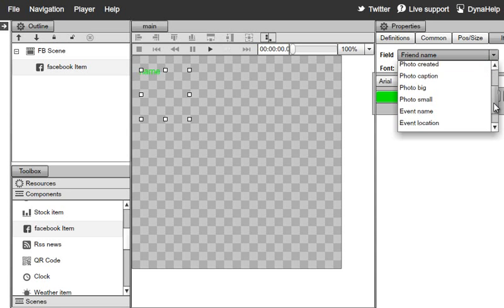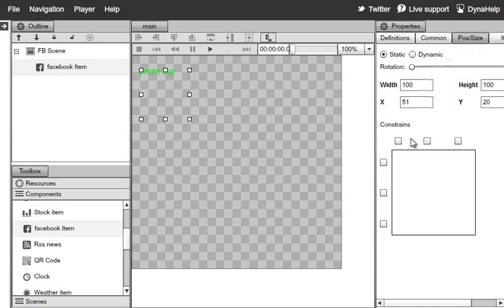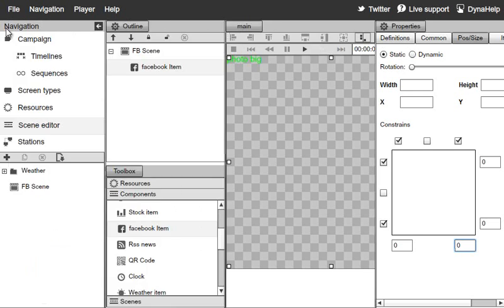So we'll go over here and select the photo big right here and go to the position and size and set this to occupy the full size of the scene, so it's always going to occupy the whole size. So now we just have an image that's going to be just as large as our scene. And then we'll switch back to the timeline,